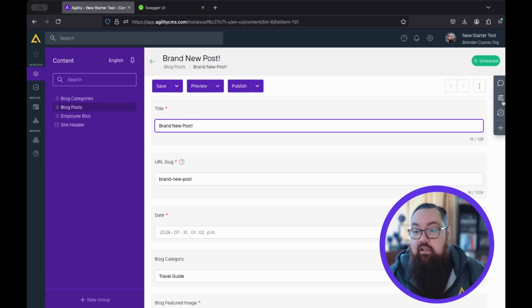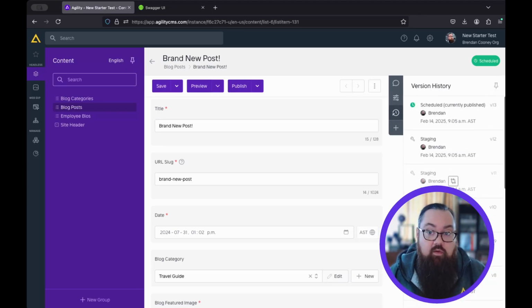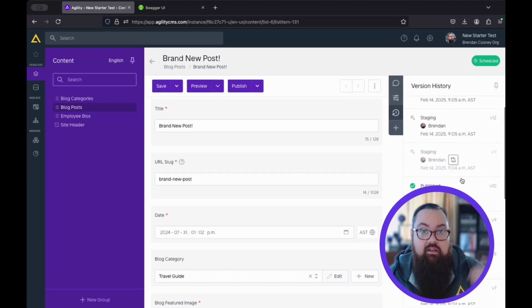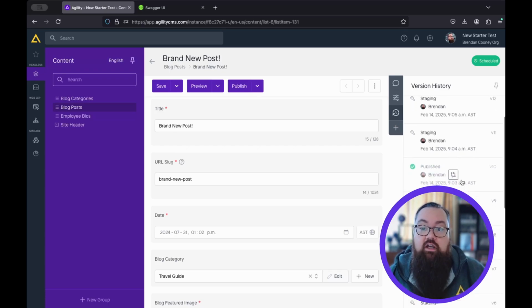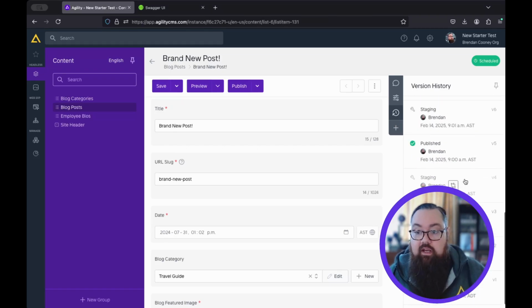We've got commenting, we've got the actual properties of the item, and then we've got version history. So if I click on that, I can pin it if I want as well. I can see a running list of all of the changes and different states that this item has been in, all the way back to the very beginning with V1. If I want to see what that item looked like the first time I published it, for example, I could